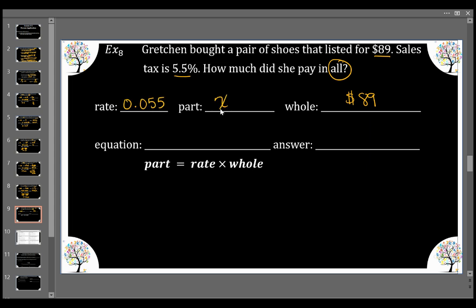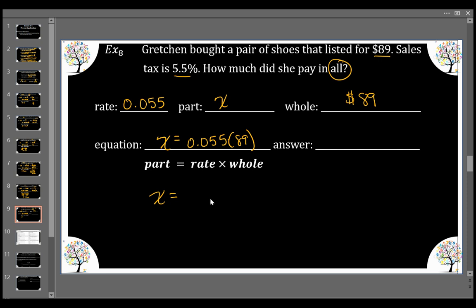We want to know how much sales tax she has to pay in addition to the $89 pair of shoes. So we have X equals 0.055 times 89. So this time X is already isolated, so we simply just have to apply the operation of multiplication,